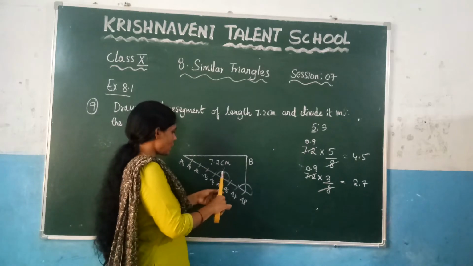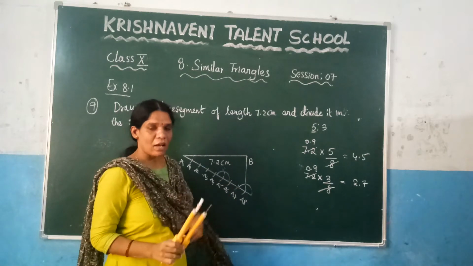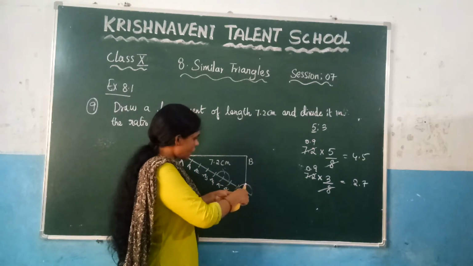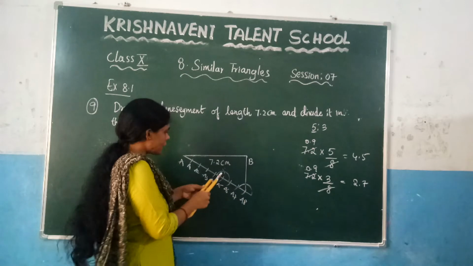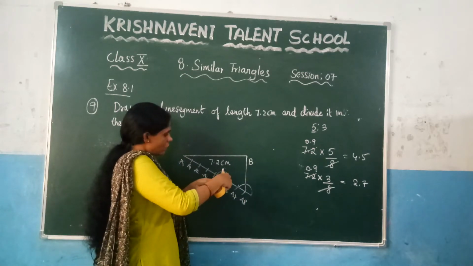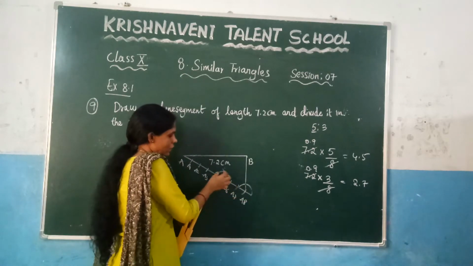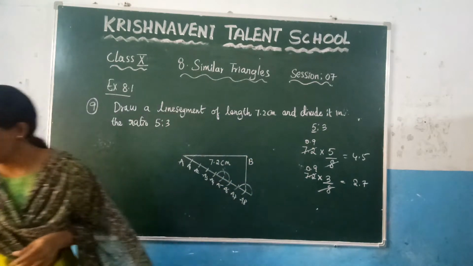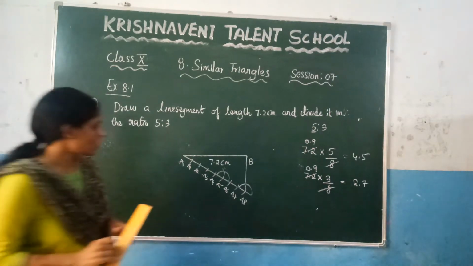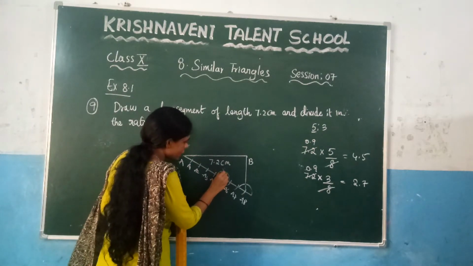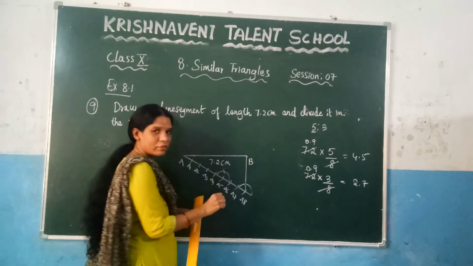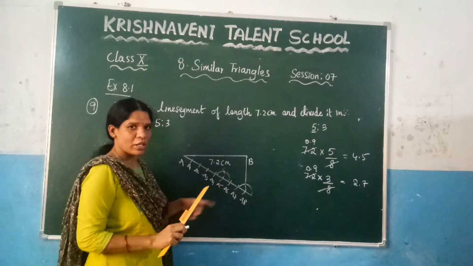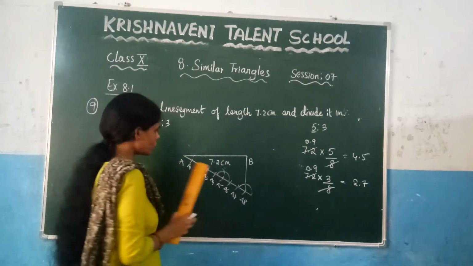So at this part, draw one more arc, and after that we need to measure this part, and after measuring, draw one more arc at this point, such that we are drawing the line parallel to this line. Now you can observe that we got one intersection point after drawing one arc, and this is the fifth part. Now you can join these two points with the help of the ruler or the scale.